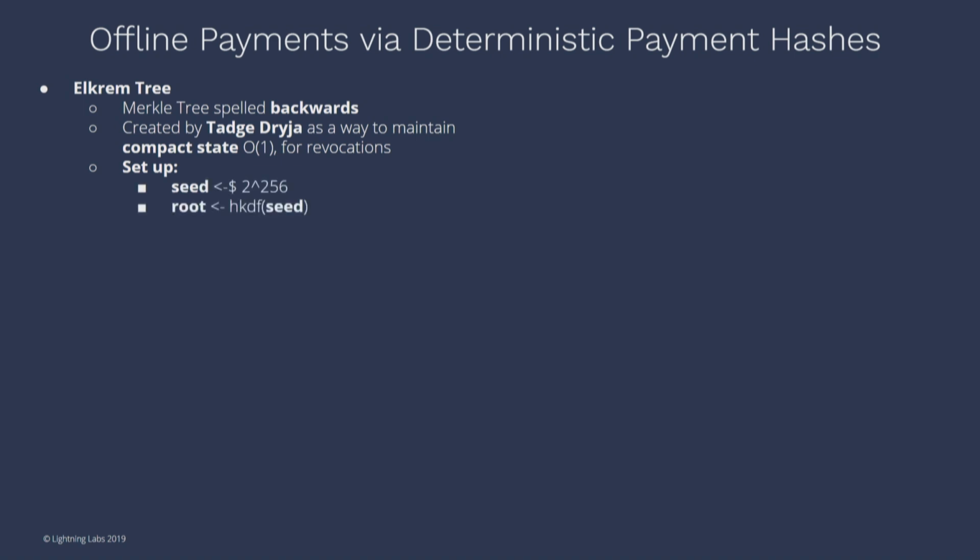All right, so first we have a setup. Setup is basically just generating a 256-bit random number, and that's our seed. Then we hash that once, and that's the root of the tree. Elkim itself is a hash tree. Typically Merkle trees are created from the ground up, right? You have all your leaves, you hash them up, and so on. Elkim is backwards. It goes from the root and derives all the elements down to the leaves themselves.